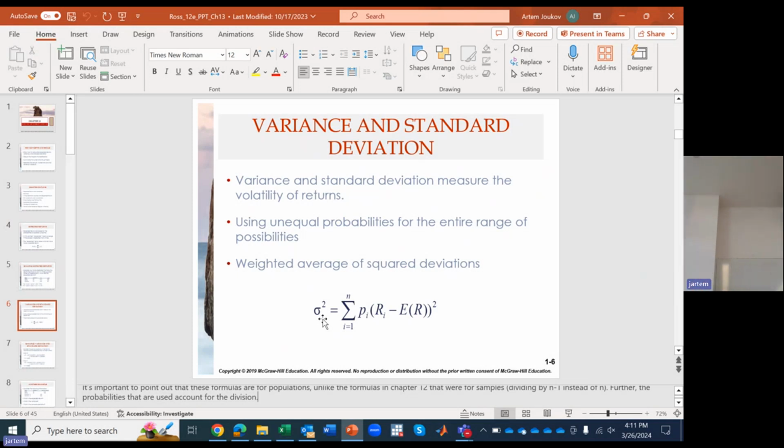Does that make sense? Remember in chapter 12, we had, let's say, average returns. The average returns just came from year 1, year 2, year 3, year 4, and we added them all together. If you think of year 1, year 2, year 3 as states, there were a bunch of different states. That's why you were dividing by 1 over n in the population, or 1 over n minus 1 in the sample. But here you have a different way to think about states.